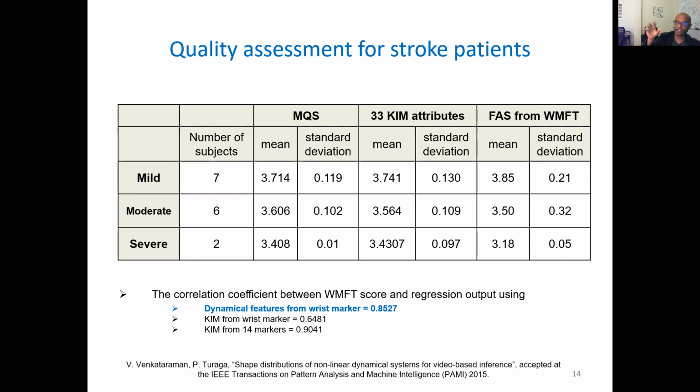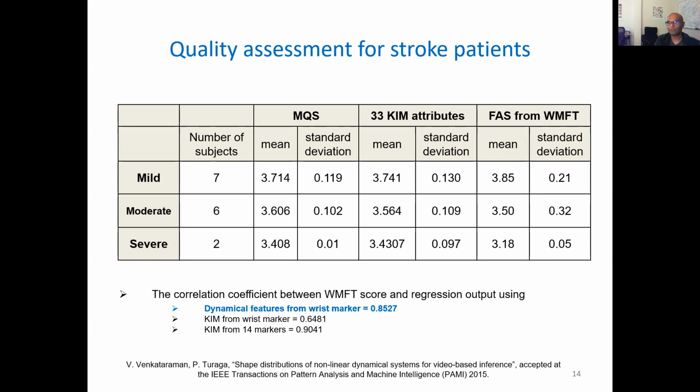Compared to that way of doing things, even just the wrist, we know that all the joints are entangled in the reaching movement. So potentially, you should be able to get all the information about the movement quality from just the wrist if you treat it as a low-dimensional observation from this coupled dynamical system, and we were sort of corroborating that. We found that using just the wrist, we got a very high correlation coefficient, 0.85. But then when you treated each of the joints independently and extracted different features for each joint and then fused them, you do get a higher number, but this is using 14 different markers at 14 different locations on the body.